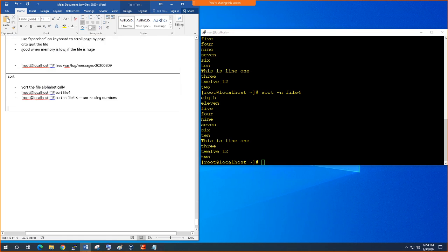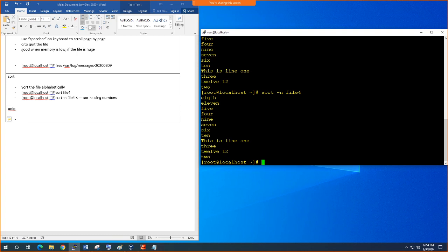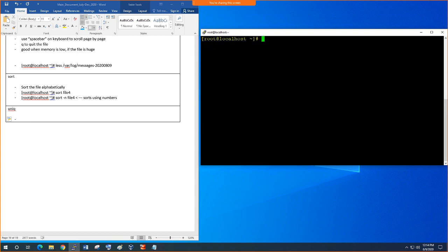So the next command is unique, uniq. What it'll do is it will sort only the unique numbers in there, numbers or letters. Usually you use it for unique letters here. Okay, so what I'm going to do is